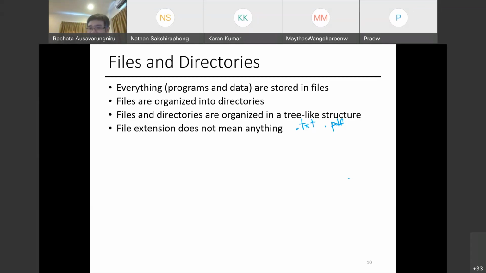Yes, .txt is a type of file that should contain just tons of text. Can your friend come in and change the file type on your text file? Yes, they can do that. That's why I said it doesn't mean anything.